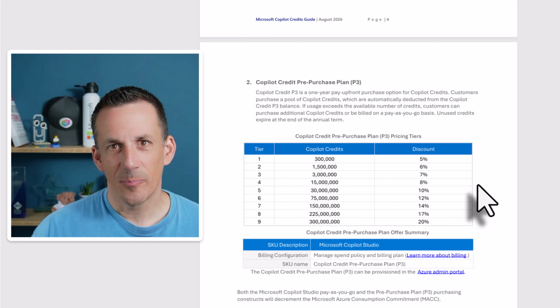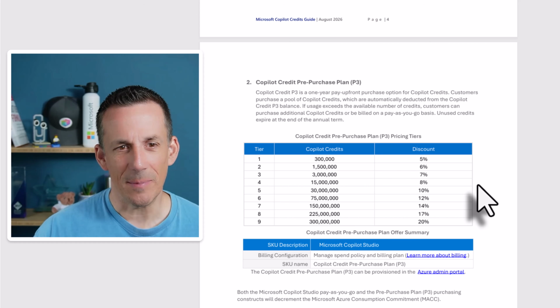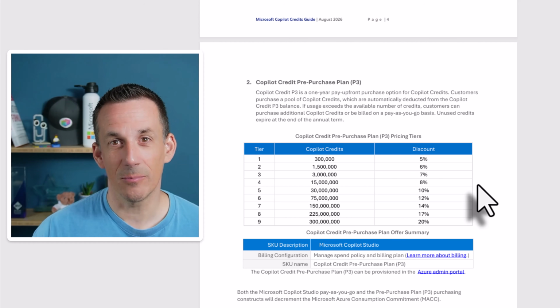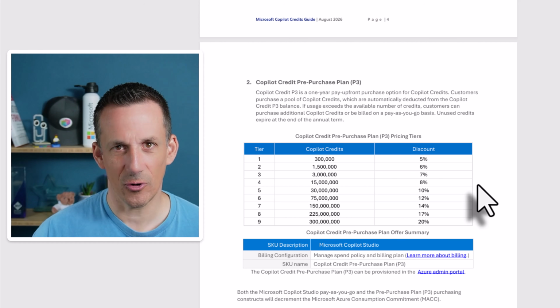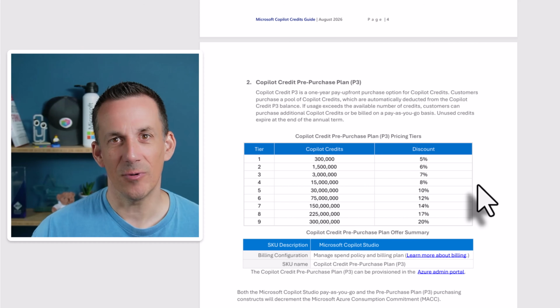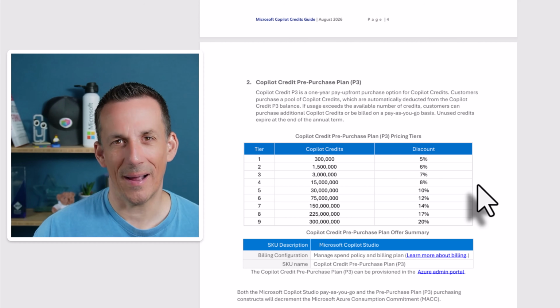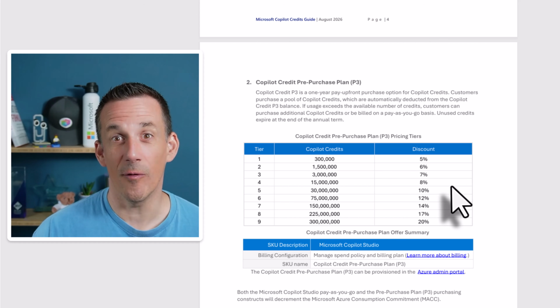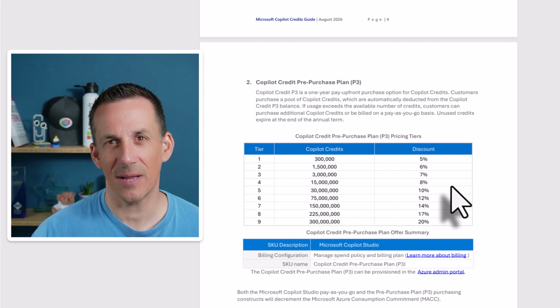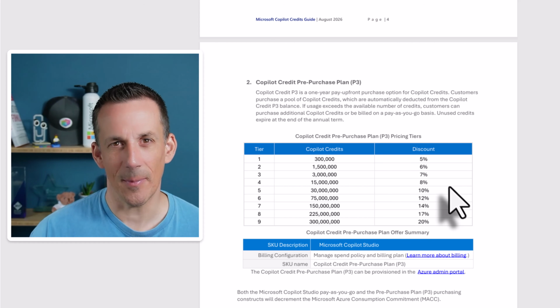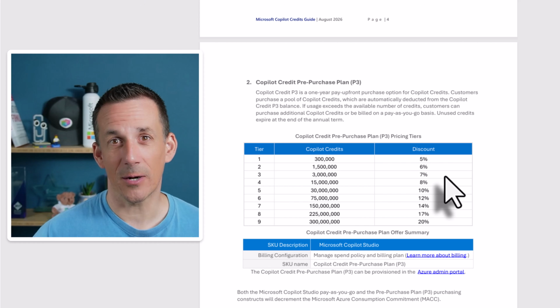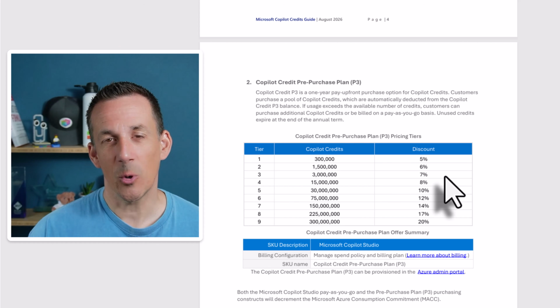Note that credits part of this P3 plan, the pre-purchase plan, are for consumption over 12 months. So it's not a monthly reset, it is a bulk pack of credits to be consumed over the whole entire year, which gives you plenty of flexibility for trialing and exploring the capabilities. And of course, those Copilot credits can be used also not only for workflows and agents in Copilot Studio, but